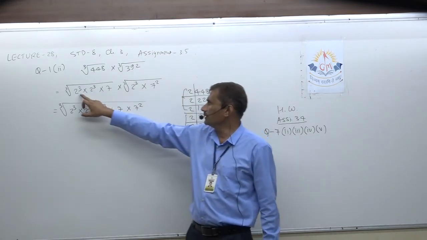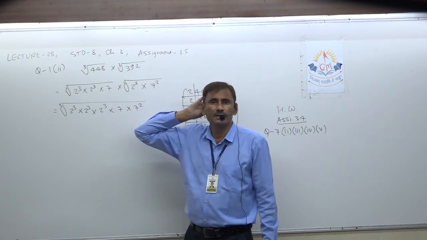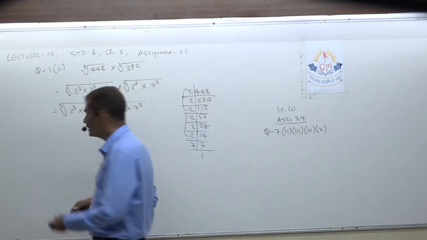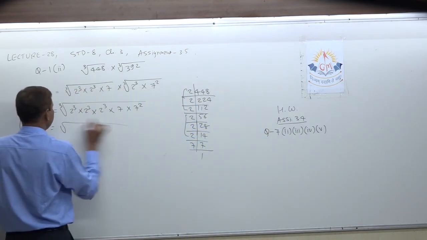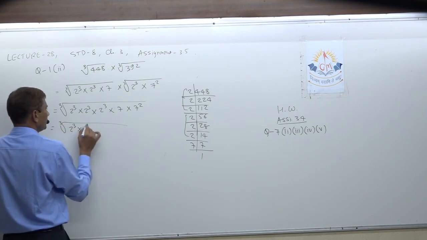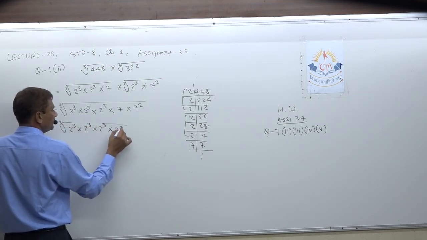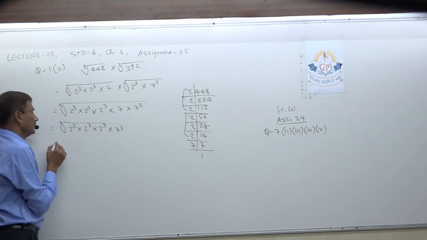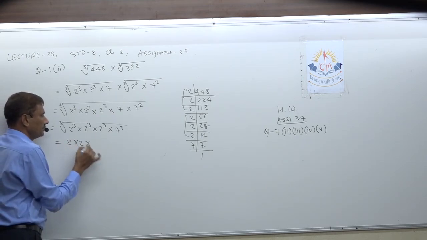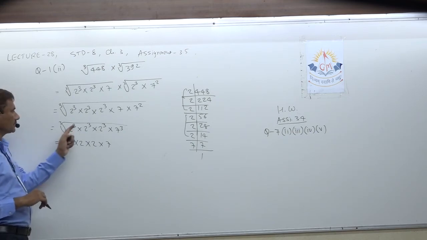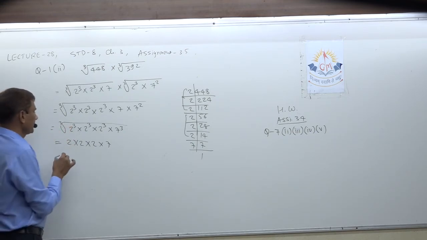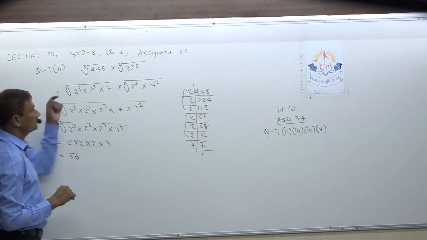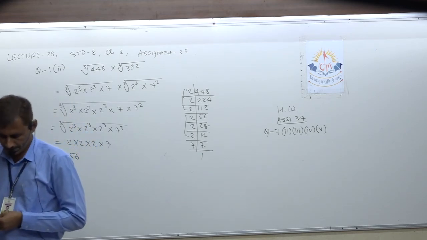Instead of repetition you can write 3 times as 2 raised to 3. So at last we get groups of 3 here also. Write here 2 cube into 2 cube into 2 cube into 7 cube. 1 is here, 2 was there, so total 3. Now its cube root is 2 into 2 into 2 into 7, because the cube and cube root cancel. So 2 times 2 is 4, 4 times 2 is 8, 8 times 7 is 56. The answer will be 56.